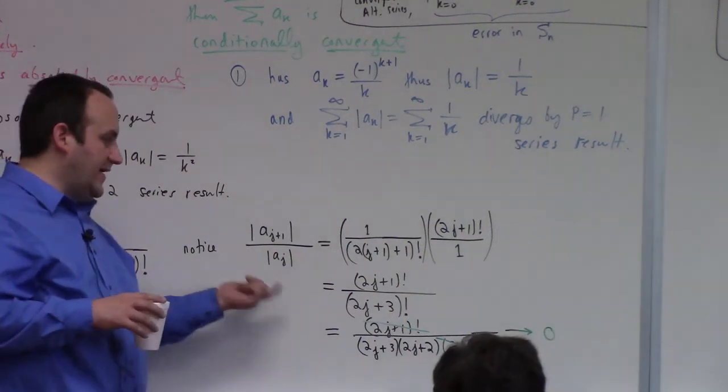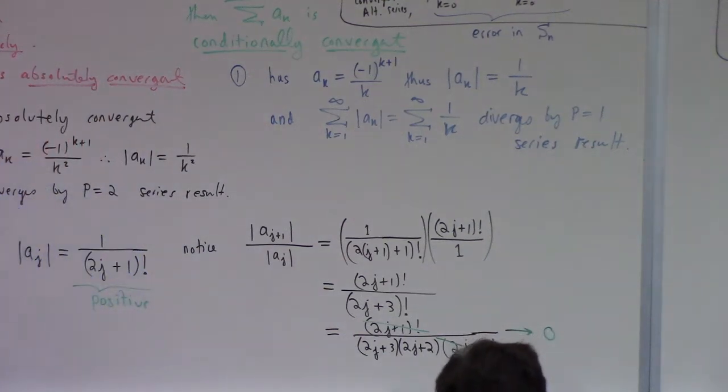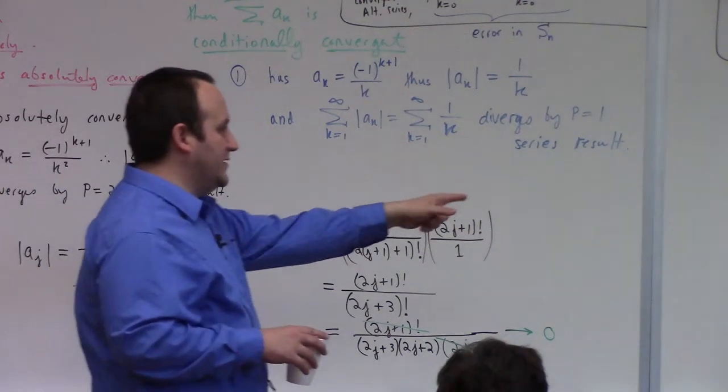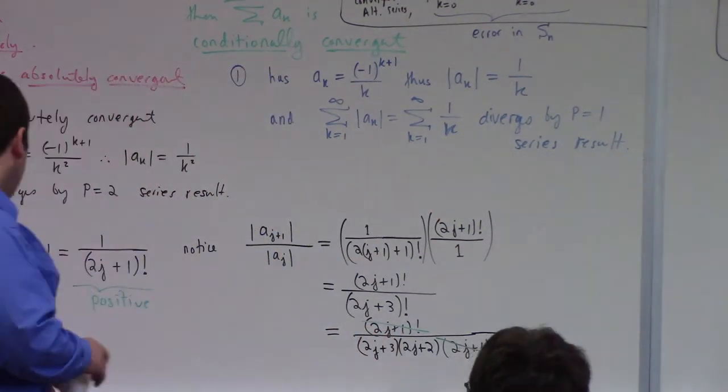So anyway, if that goes to 0, then what does the ratio test say? It converges, right? Because it went to 0, which is less than 1. We're looking at a series with positive terms. Oh man, I erased it. I had something over here. So therefore,